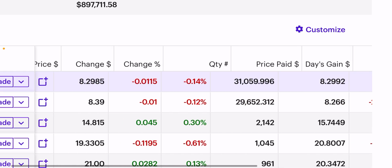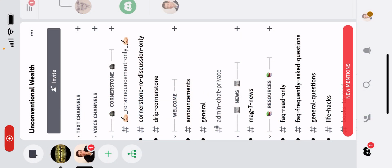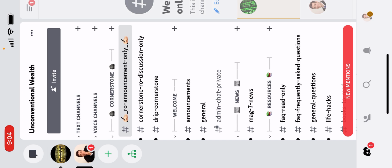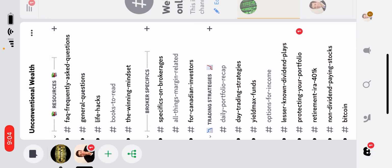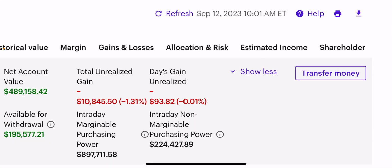Obviously, you have to learn how to play Cornerstone. Okay, you can't just buy a Cornerstone. You have to play that rights offering properly. Most closed-end funds have rights offerings, and that's what I alert you of here on the Discord chat room channel. Okay, so we have hundreds of members here, over 300, almost 400 members at this Discord chat room who are all living financially free out of their brokerage accounts. They're trying to, at least, and they can all share their unique experiences with you on who does the Cornerstone drip,